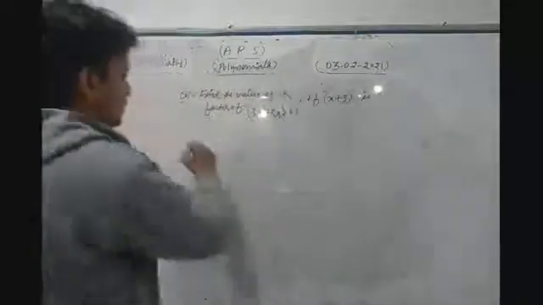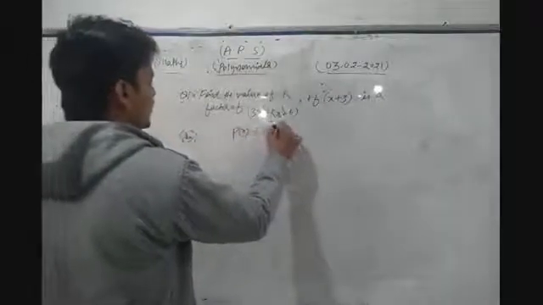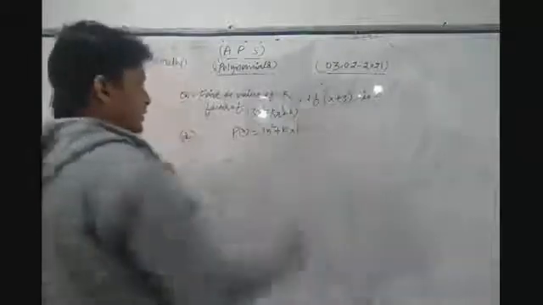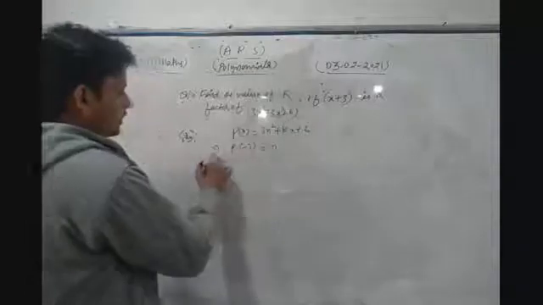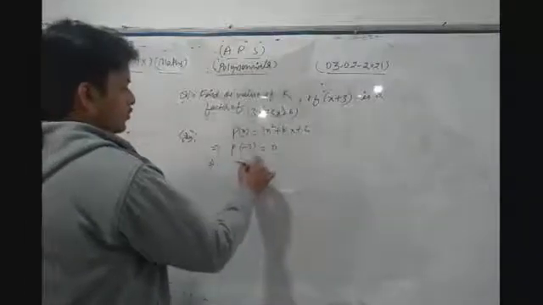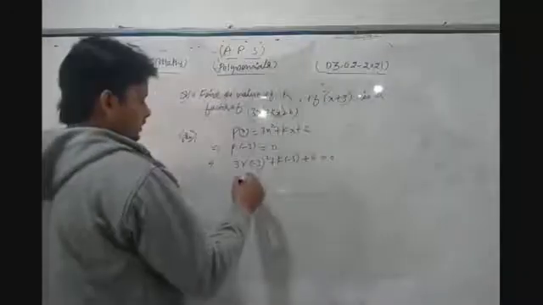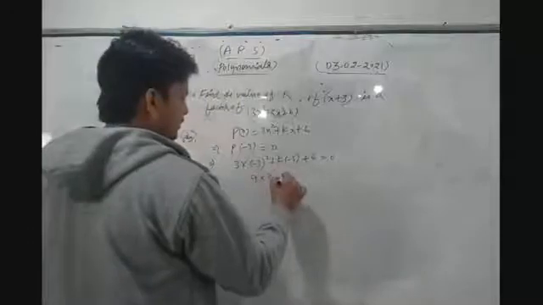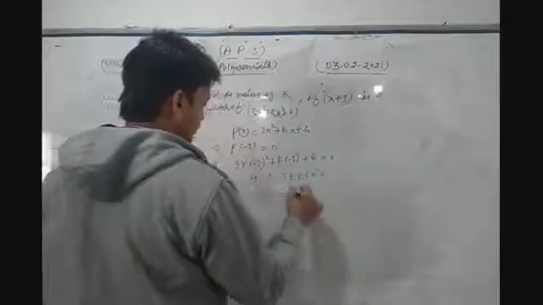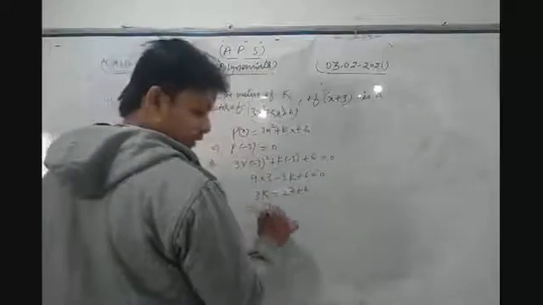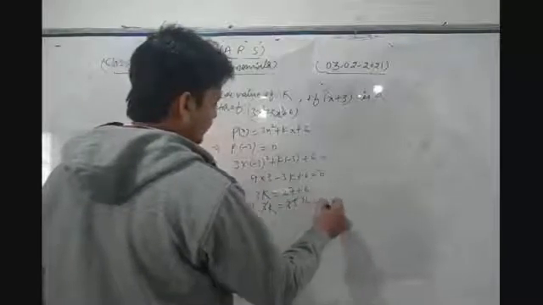Now let's see its solution. Dear friends, we take p of x as 3x square plus kx plus 6. Since x plus 3 is a factor, p of minus 3 must be equal to 0. Now we replace x by minus 3. So 3 into minus 3 square plus k into minus 3 plus 6 is equal to 0. So this becomes 9 into 3, minus 3k, plus 6 is equal to 0. So 3k is equal to 27 plus 6, so 3k is equal to 33, thus k is 11. Thus the value of k is 11.